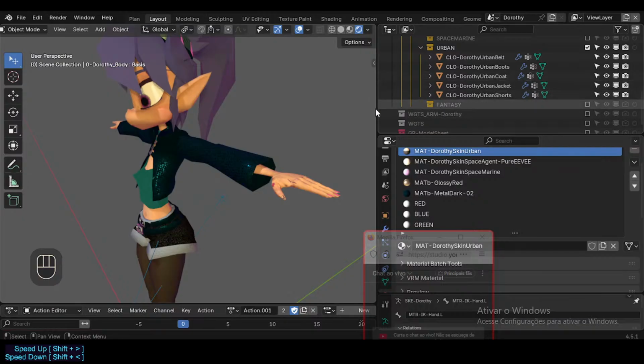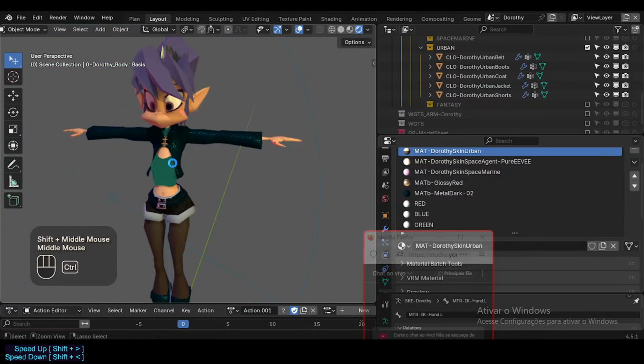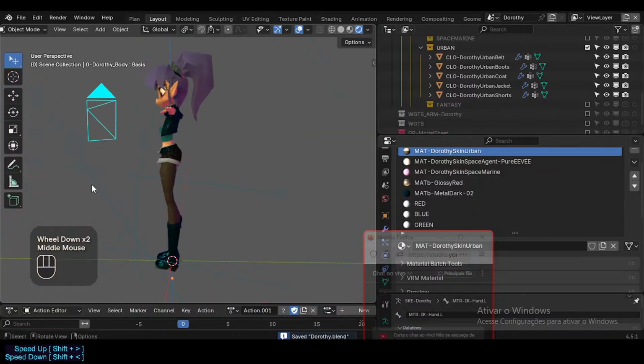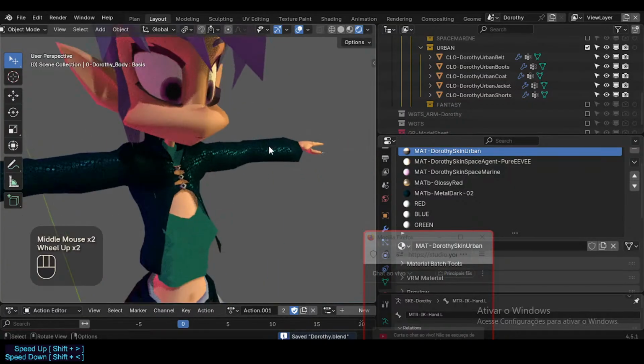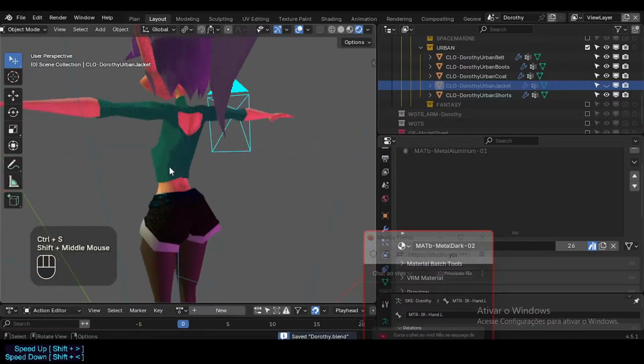Wait, didn't I make gloves for this character? No, it was the other character. Okay. So she doesn't have, unfortunately, or it would be based on the texture. I don't remember now for this character. Okay. So this, I think that is already, it was a bit too long, unfortunately, and I probably need to